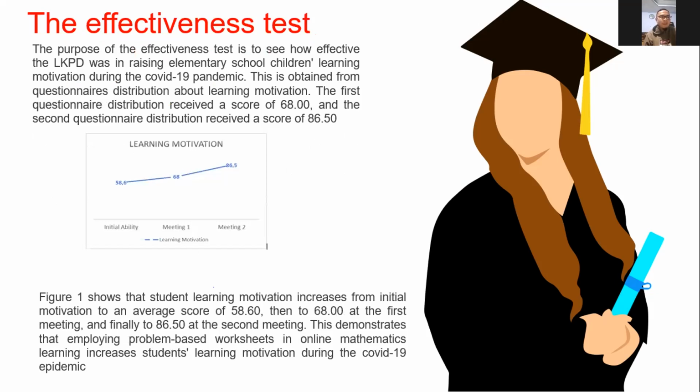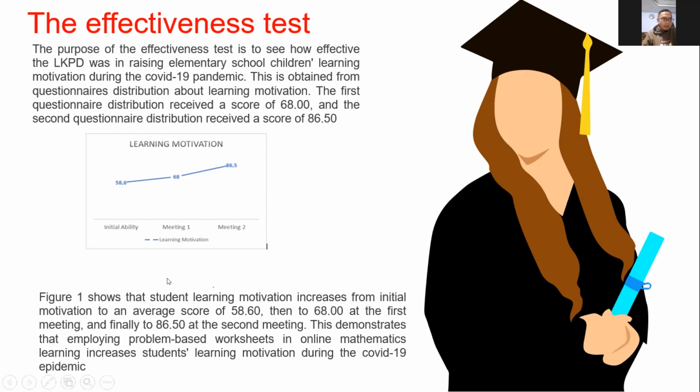The effectiveness test. The purpose of the effectiveness test is to see how effective the LKPD was in raising elementary school children's learning motivation during the COVID-19 pandemic. This is obtained from the questionnaire distribution about learning motivation. The first questionnaire distribution received a score of 68, and the second questionnaire distribution received a score of